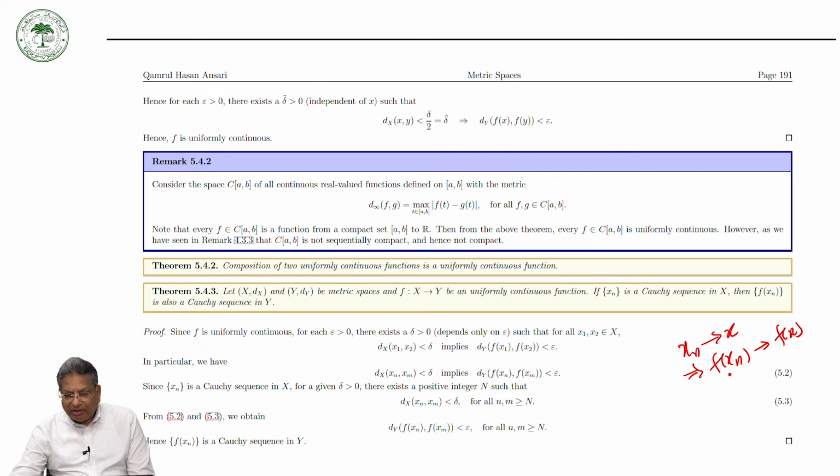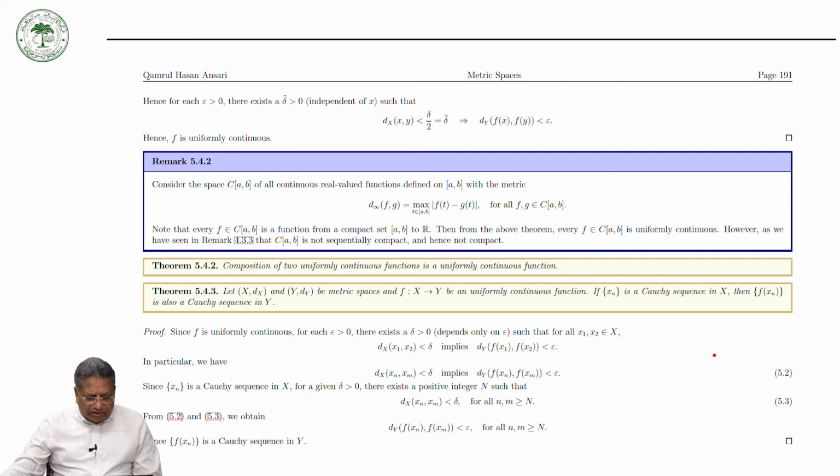Can we say that if x_n is a Cauchy sequence, then f of x_n is also a Cauchy sequence? Okay, this we can prove only if the function is uniformly continuous. So, if x_n is a Cauchy sequence, then f of x_n is also a Cauchy sequence if f is uniformly continuous. So this statement we prove here. So let us take f